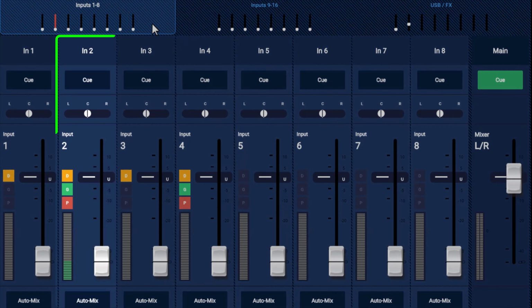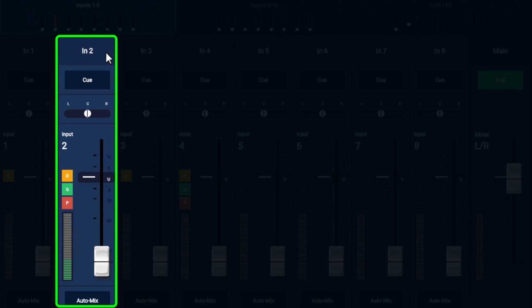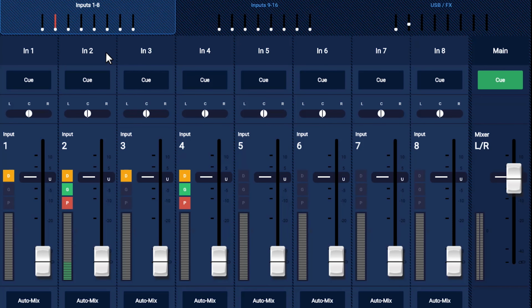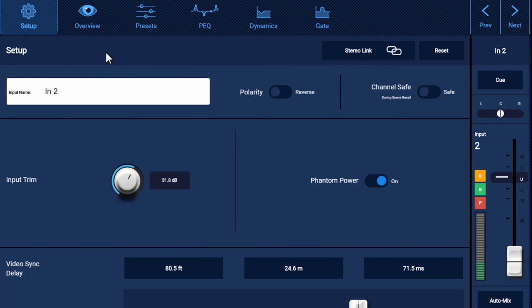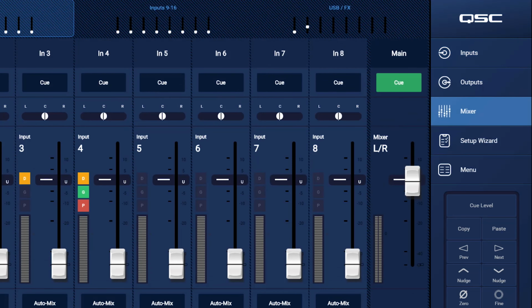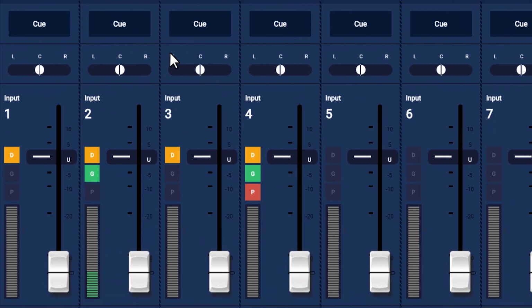For each channel strip, you'll see the same thing. At the top is its friendly name that you assigned in your initial setup. This name is actually a shortcut to that channel's overview and setup pages, if you want to jump over and make some changes on that channel. Back in the mixer, we'll see that each channel strip also has an option to include this channel in your Q mix, allowing you to listen to the channel on your headphones using the Q output jack.